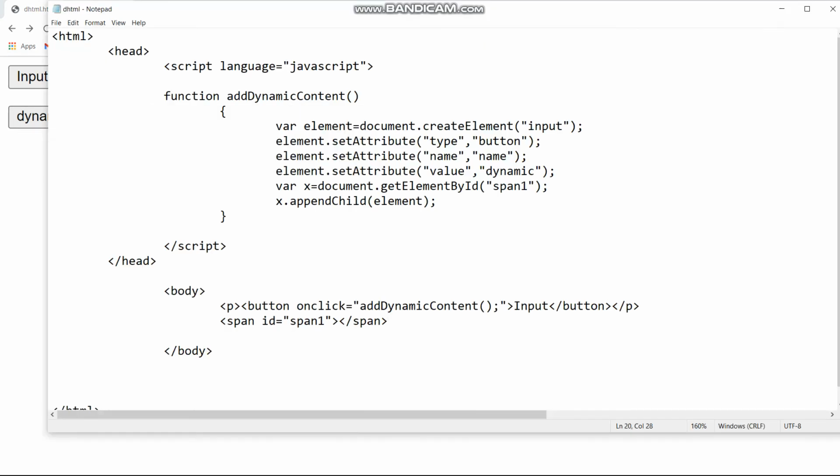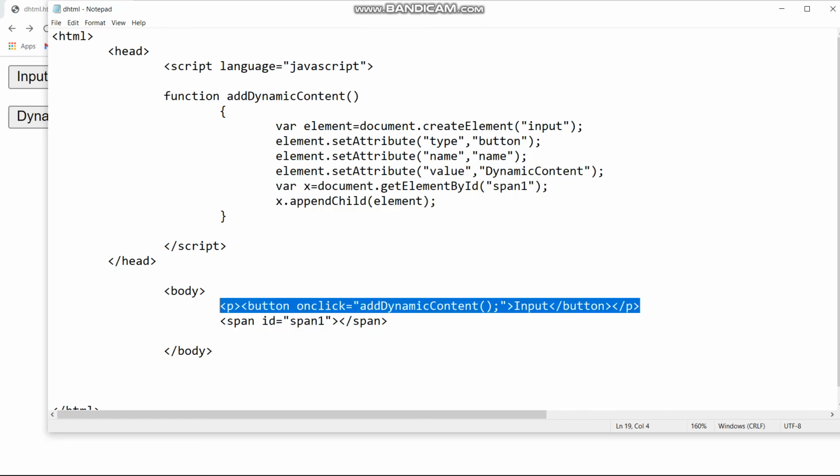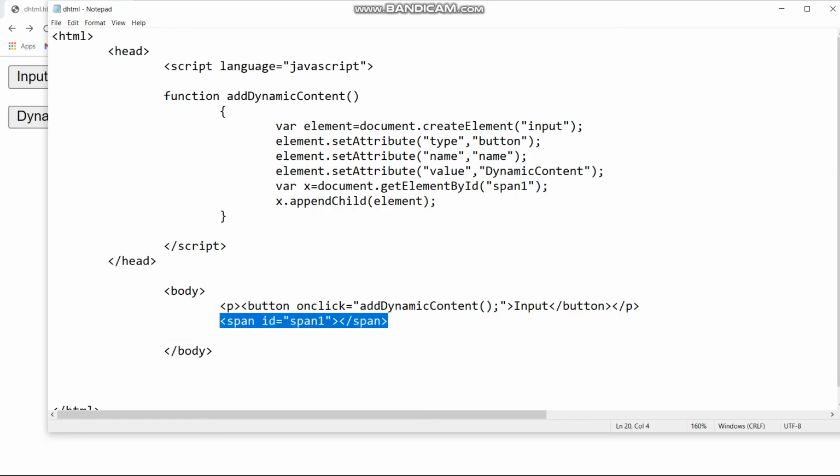That is what I'm telling you. When writing this value, you can change this line. You can write dynamic content and refresh. You can see that the dynamic content button is printed again and again. So this is how we display dynamic content inside a function. This is a lengthy method, but you can also do it. The only drawback is that it is lengthy. So you can see the programming by pausing the video.